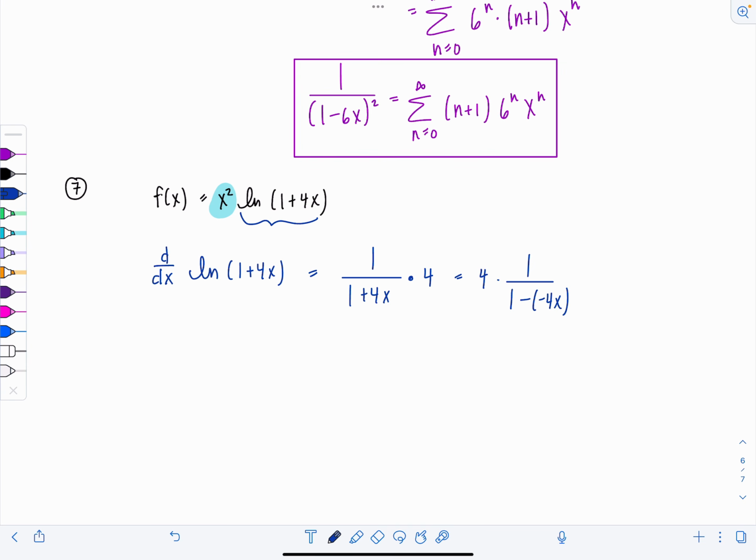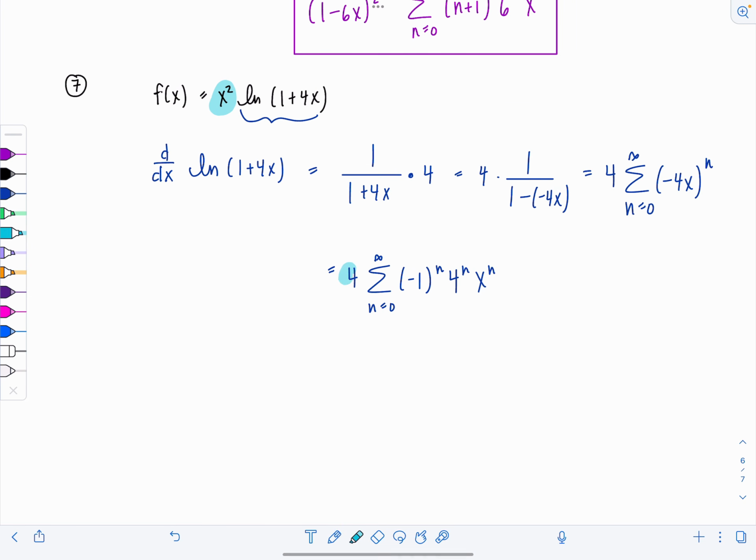You see where this is going? Good. So this is going to be 4 times the sum, n equals 0 to infinity, negative 4x to the n. Let's clean it up. So that's 4 times the sum, n equals 0 to infinity, negative 1 to the n, 4 to the n, x to the n,